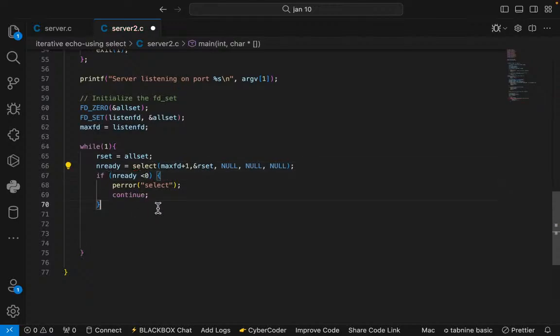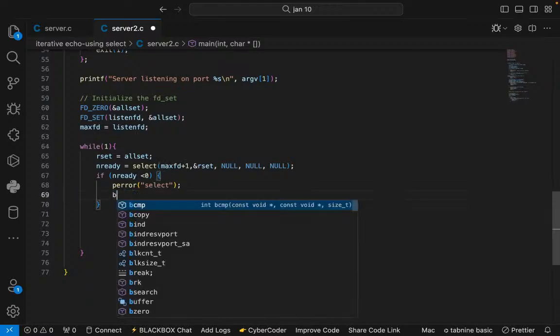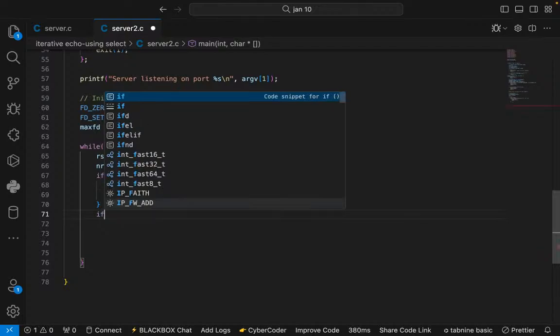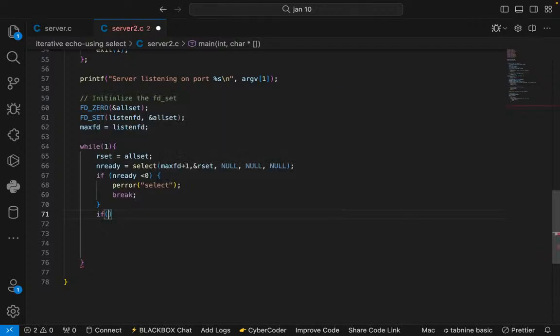Should be less than 0. Okay, why though? It just failed, right? So just to break. Cool. Now you have to do if less than FD